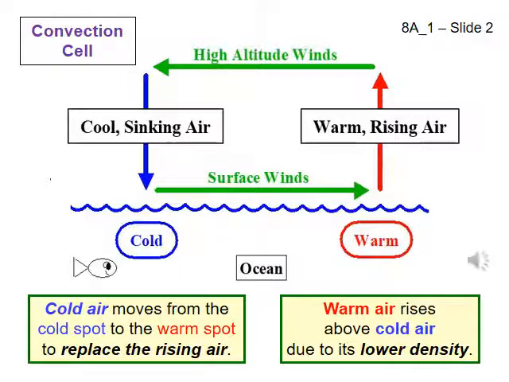The air moving left in the picture on the slide is the high-altitude winds. This air is moving to the cold spot to fill in the empty space left behind by the cold, sinking air, and is pushed away from the warm spot by the warm, rising air. Overall, the air ends up moving in one big circle or loop. This is not the end of the story. The cold air will be warmed by the warm place on the surface of the earth, and the process will repeat again. And again. And again. The air moving horizontally is what we call wind. The major winds of the world are all part of convection cells. Thus, you have now learned how the major winds of the world are created.